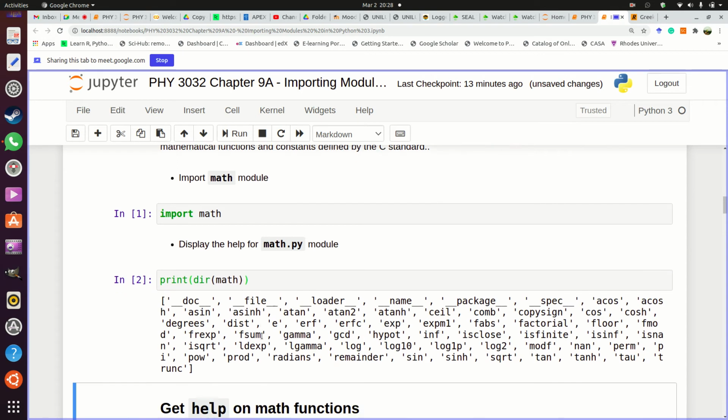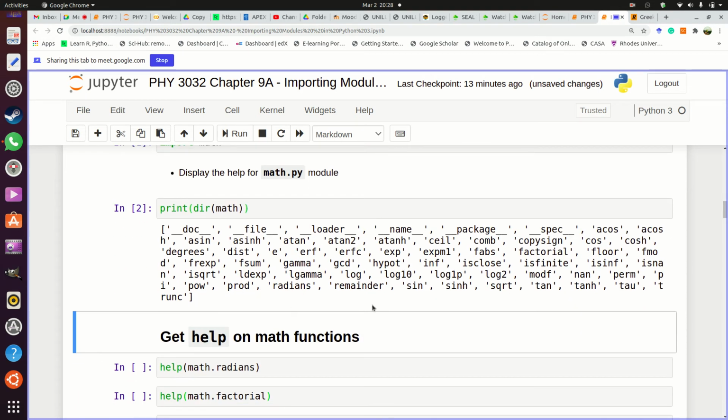So when you do this, when you run this, this is what you get. What do we get? What are we interested in? You get this. This is acos or arc cosine, arc cosh. These are mathematics functions. Arc sine, hyperbolic sine, arc tangent. This is another definition of arc tangent. This is hyperbolic tangent. Then this is ceiling, ceil, comb, copysign. This is a cosine function, cosh, degrees. This is for distance. This is e, the number e. This is an error function. This is exponent, fabs, factorial, floor,